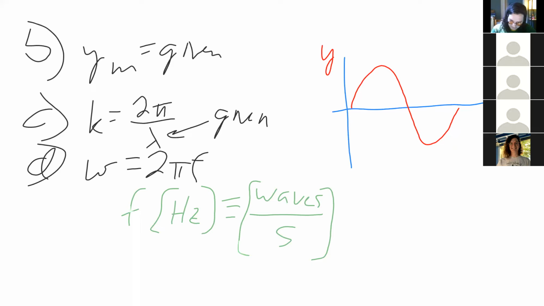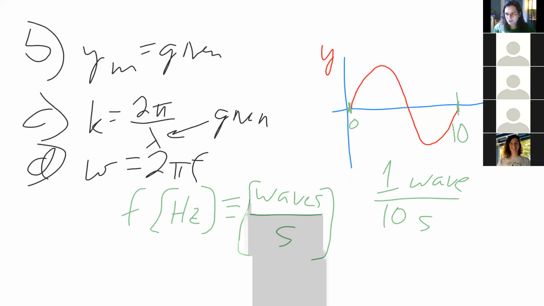Well, the graph tells me that this is t equals 0, obviously, and this is t equals 10 seconds. So how many waves per second do I have? Well, what I see in this picture is that I have 1 wave that covers 10 seconds. So how many waves per second or hertz do I have? 1/10 or 0.1